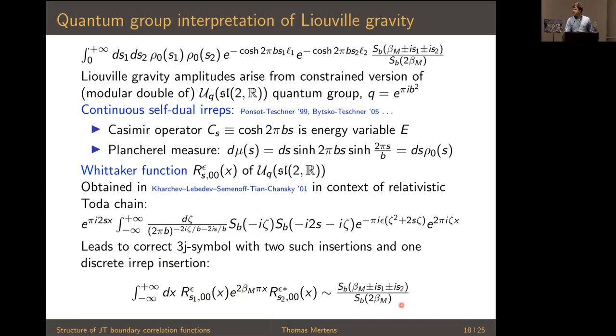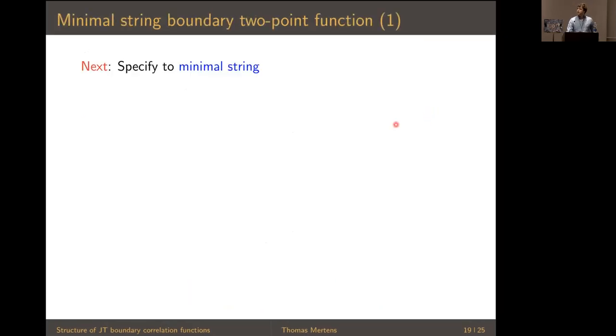You can do that integral and you precisely find this ratio of double sine functions, again matching this thing here. So this shows that this Liouville gravity calculation has a quantum group interpretation. Okay, so up to now, I just picked an arbitrary matter CFT with central charge less than 1. Now let's specify to a specific matter CFT, the minimal model, such that the total thing would be the minimal